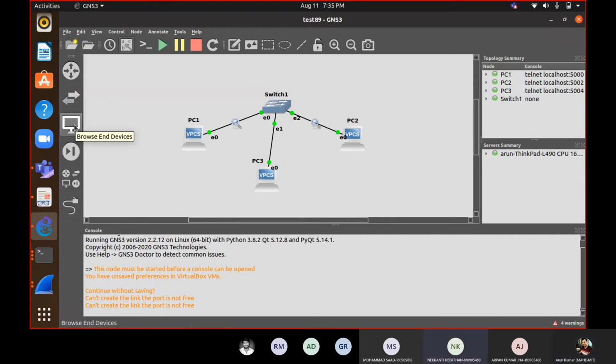So PC1 and PC2 have the same IP address? Can PC1 and PC2 have the same IP address? No. If you are directly connected with the switch, you can't have the same IP addresses because you are part of the same LAN. Here also, if you are behind a switch, you are part of the same LAN. Okay, sir. Same LAN, you can't have different. LAN means you are part of the same network. So all of you share the same network address. That is the first address.